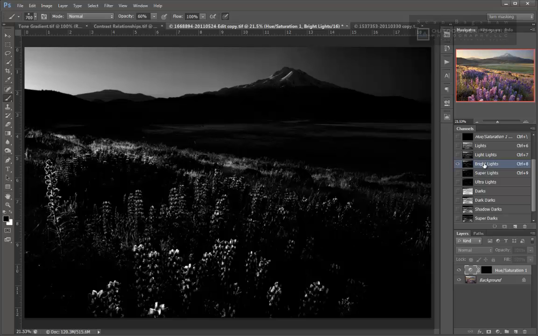With repeated passes of a high opacity white brush, I'll be able to push increasingly more paint through the lighter areas of the selection, making them even whiter on the mask than the channel itself shows. This bright lights channel looks like it will do a good job of revealing the adjustment in the brightest sunlit areas and concealing the adjustment in the shadows. So I'll Control or Command click on the bright lights channel to load the selection, and now I'll go back